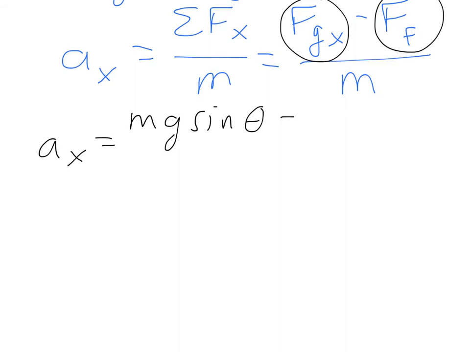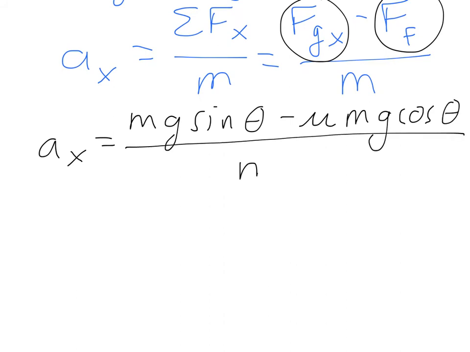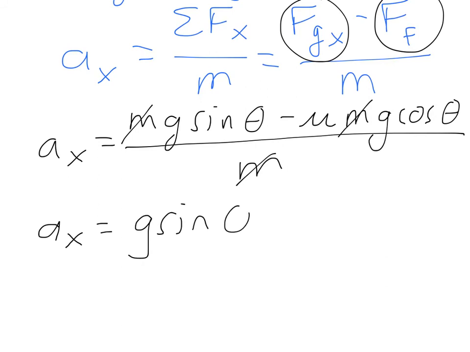We know that Ff is mu mg cosine theta. And that is all divided by m. Now right away we can see that every part of this equation has an m in it, so we find that m does not matter. And we get that the acceleration down the hill is g sine theta minus mu g cosine theta,